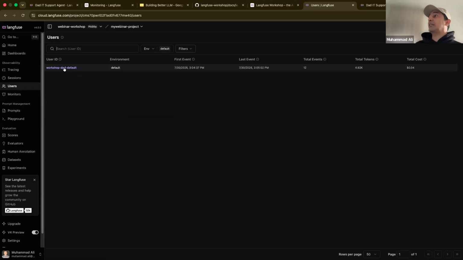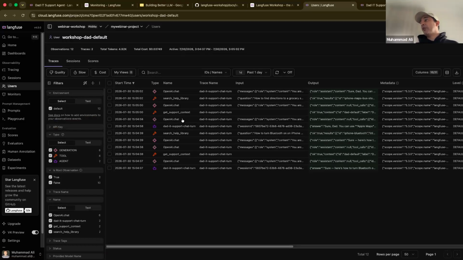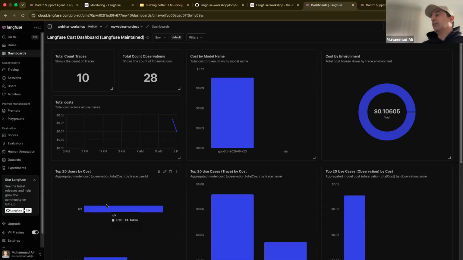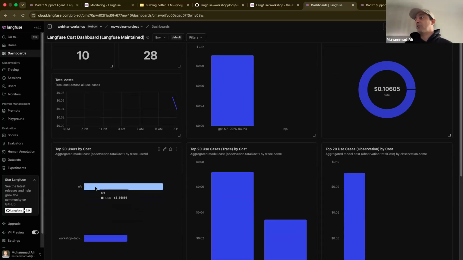And now we have the user ID. Now we can also see all the traces of that user. Before we did not have the user ID. Now we can have the user ID. With that, what does it do? You can even see the cost per user. So if I go to the Langfuse dashboard and go to the cost dashboard, it is going to start showing me the cost for the user.